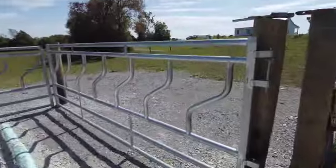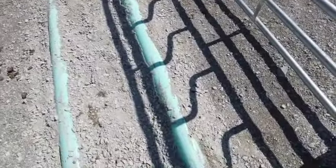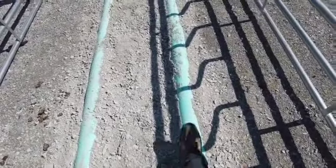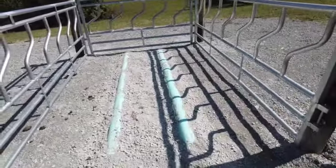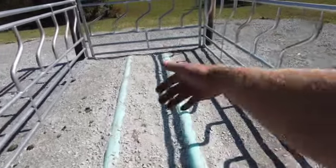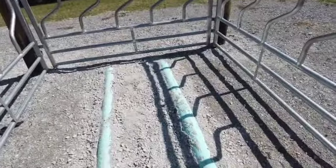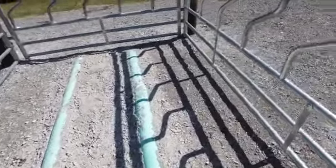And then what I did too is I laid some 6-inch PVC pipe down here, and I don't have a front end loader or anything, so the reason I put that there is so I can take the tractor with the 3-point, put the bale on top of there, and then push it, and it'll slide across there without scraping all the rocks up and everything else, and kind of help keep it up off the ground a little bit too,